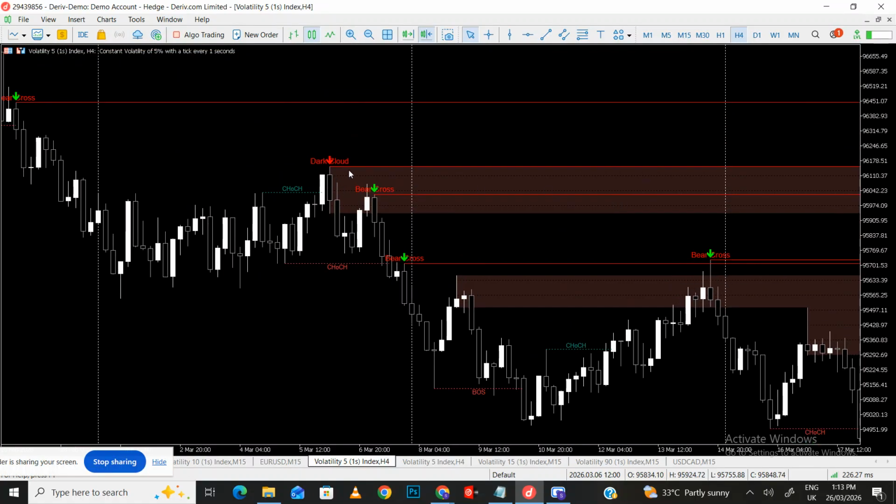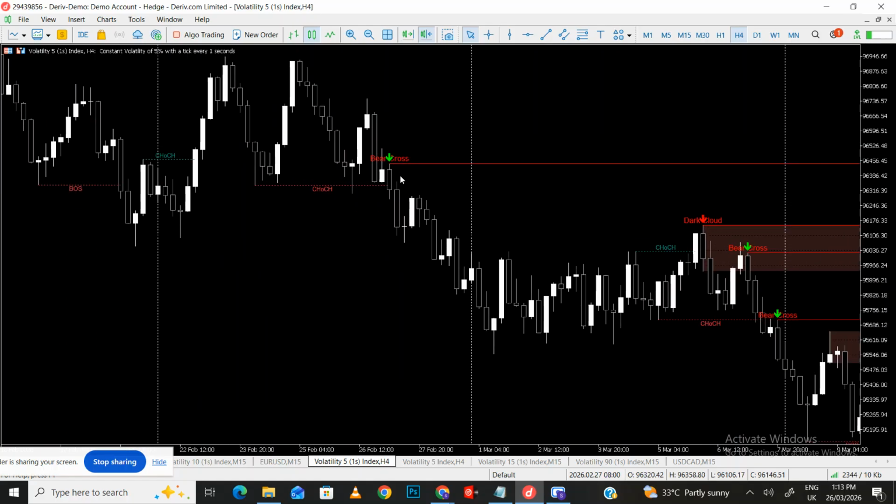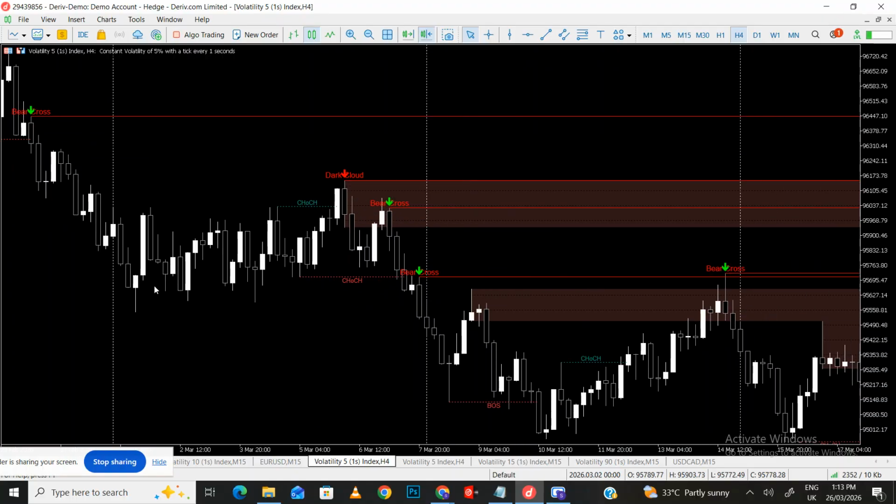This is a dark cloud. As you can see, you know that this market is a bearish market. Obviously, it's a bearish market. Now there's a little pushback up to the upside, and this candle was the indicator's show of a dark cloud. If you put your pending order right here,